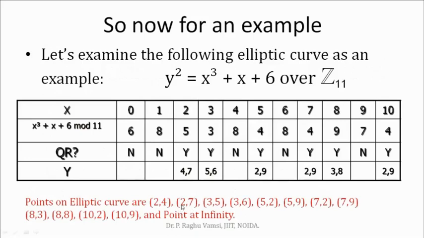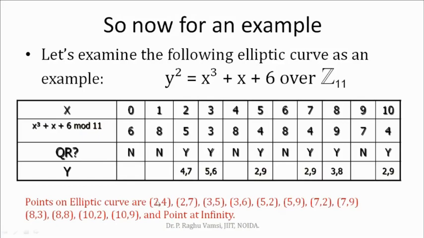Now this (2, 7) may be used by that user, who can generate any number of points, any number of public keys he wants. Okay, so that is the beauty of this particular elliptic curve. Again, whatever public keys he generated, please remember here the public key and the point are one and the same. So all these points are said to be the keys.